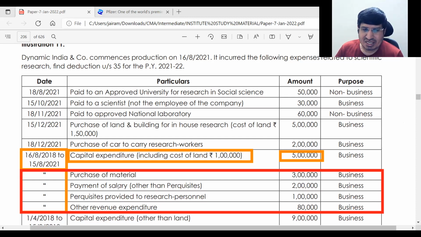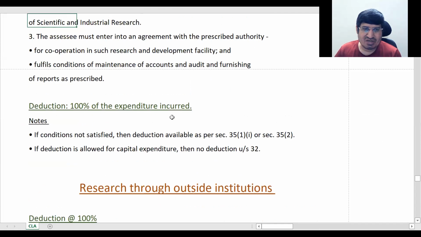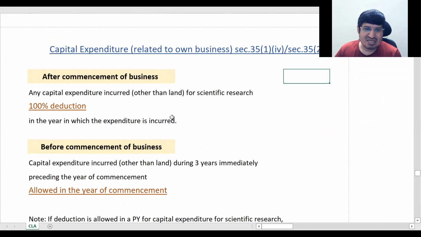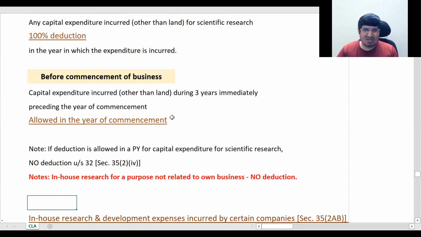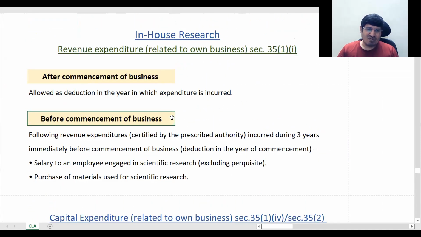चलो, so we'll just see this 3 years before, right, 3 years before date of commencement, so we will see, and this is purchase of material, this is all in-house research basically, because for outside institution he'll just have to pay directly, like he will not purchase material and all that, in-house वाला point में जाके हम देखते हैं straight away, okay, क्या होगा नहीं होगा, we're just going to the in-house point, capital expenditure, okay, this is before commencement of business,